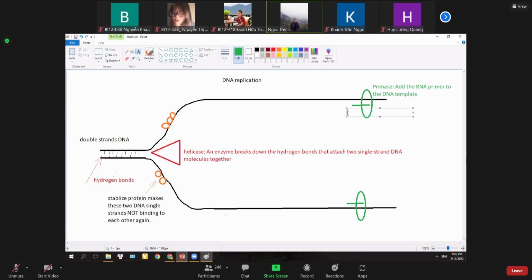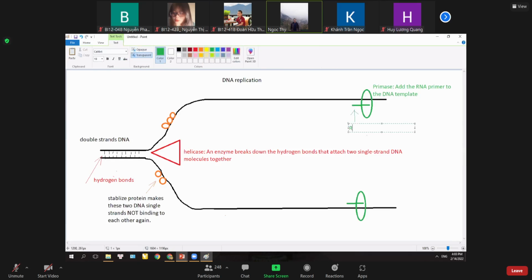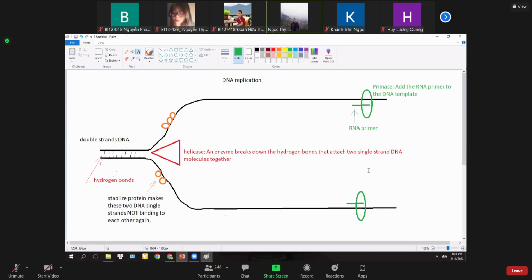This one is the RNA primer. Okay. So in the next step,